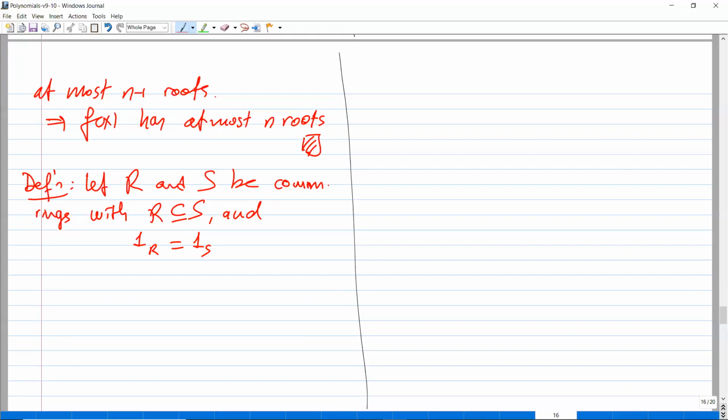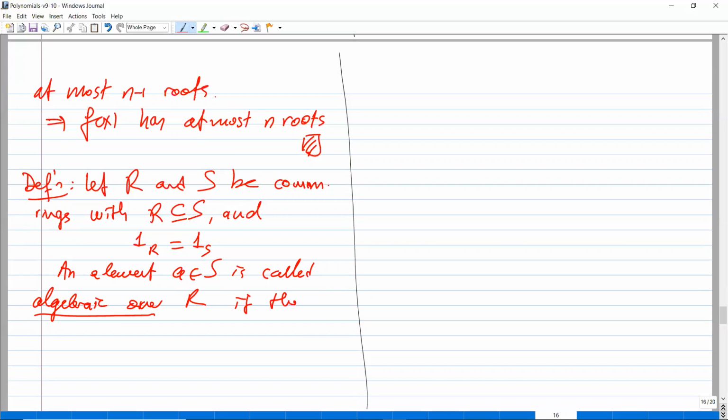In this case, we say that an element a in S, the bigger ring, is said to be algebraic over R if there is a non-zero polynomial